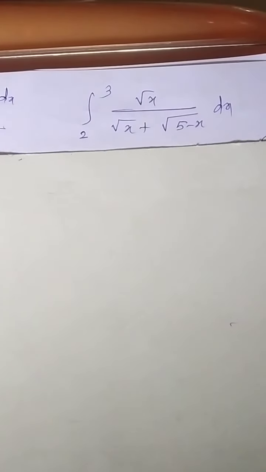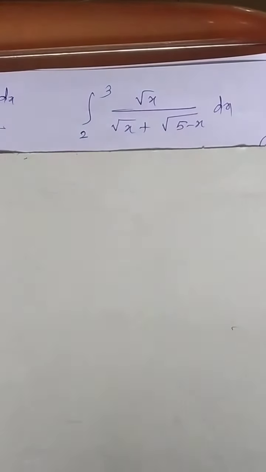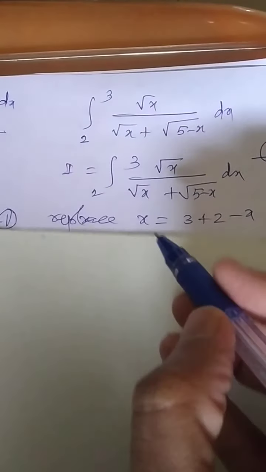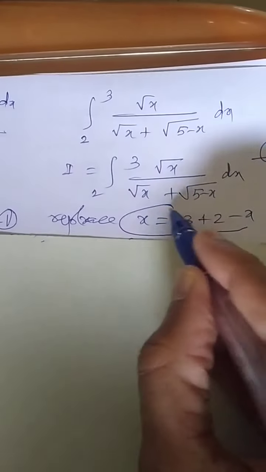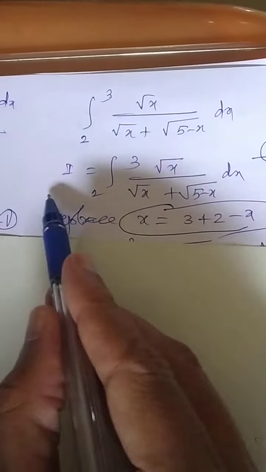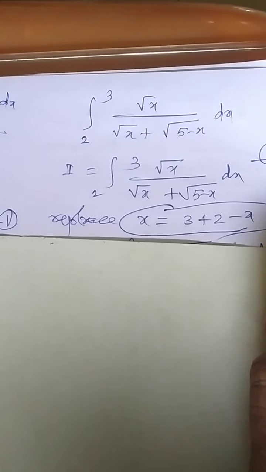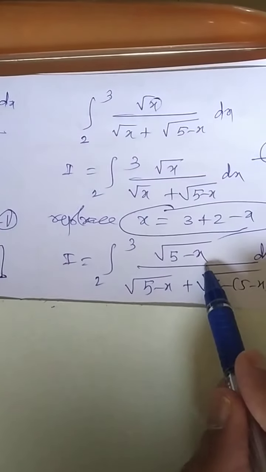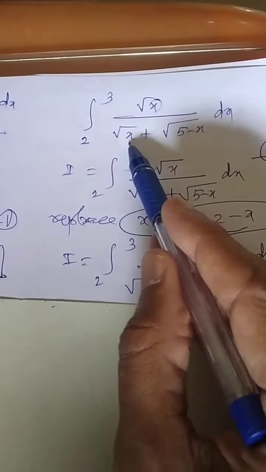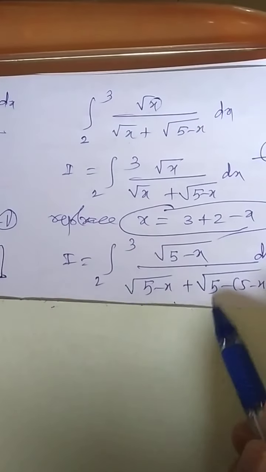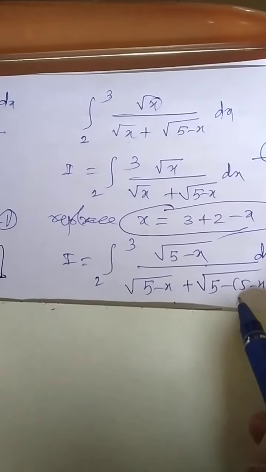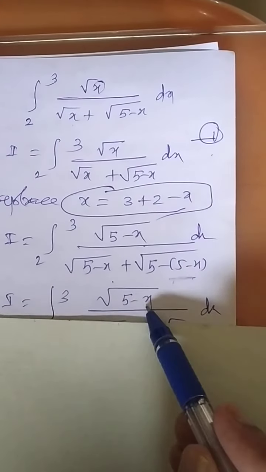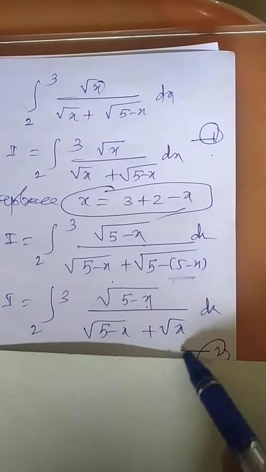This is one more question. What is to be replaced now? This plus this minus x, correct. x is to be replaced by 5 − x. Now this is the given question. The limits 2 to 3 will be as they are. This x becomes 5 − x, and in the denominator root of 5 − x plus root of x, again 5 − x. Now simplify. The numerator is as it is. Here there is scope to simplify, and you will get x.